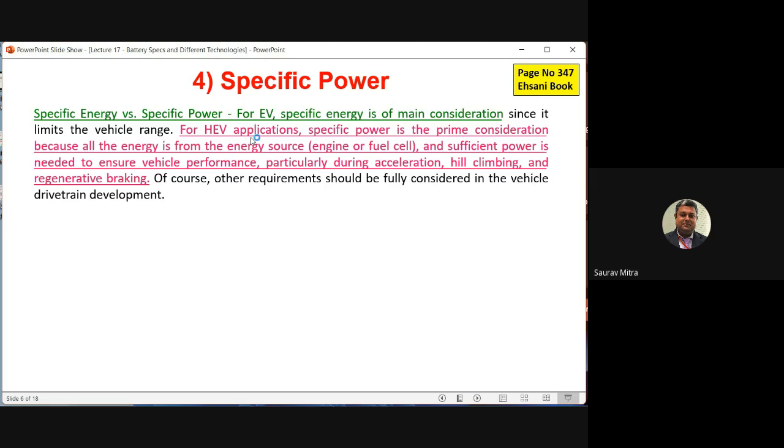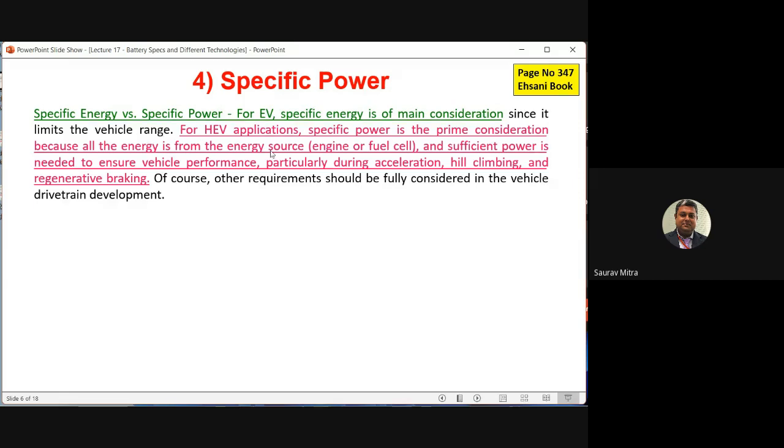For hybrid electric, specific power should be high, because hybrid electric means I am going to use a second source. Gasoline and fuel cell can be one hybrid, and gasoline and battery can be another hybrid. The extra source apart from gasoline is called a bumper source. That bumper source is used only when we require very high power in a very short time. So high power in a short time means we require a power source with high specific power. So you have to remember this.